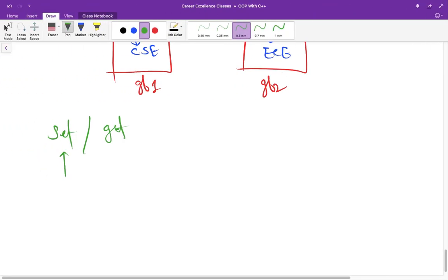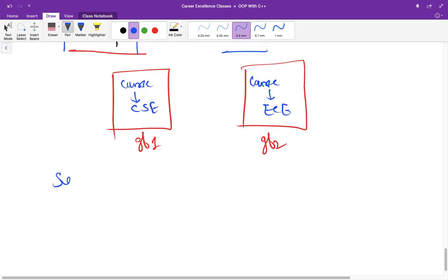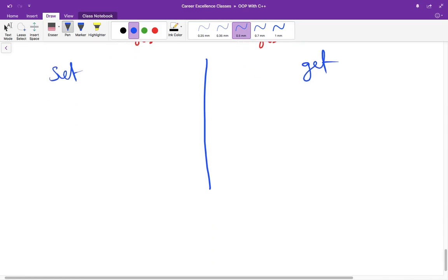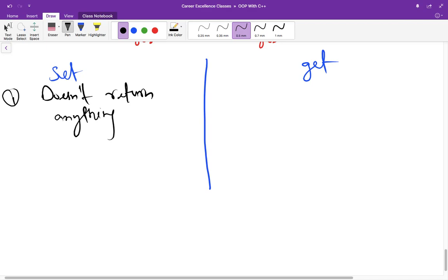One thing to note down is, I will write these functions like this so that it's easier for you to understand. So the first thing is set. It does not return anything, and you have understood why it is not returning anything, because it is just setting the value, right?